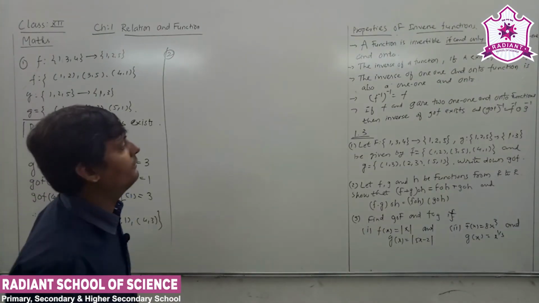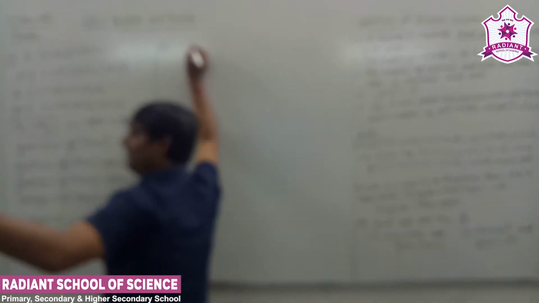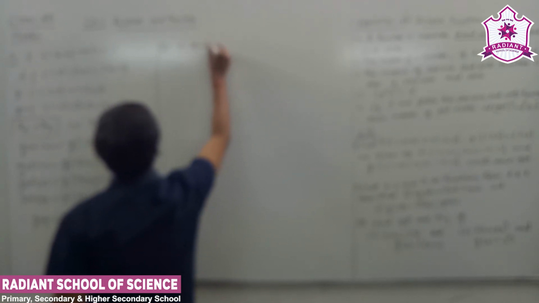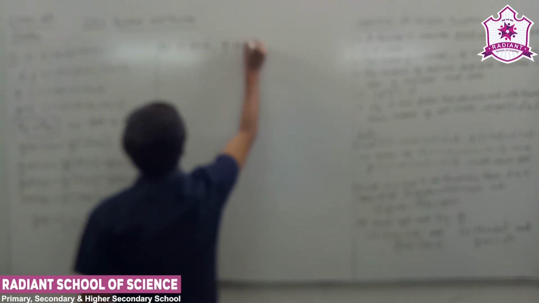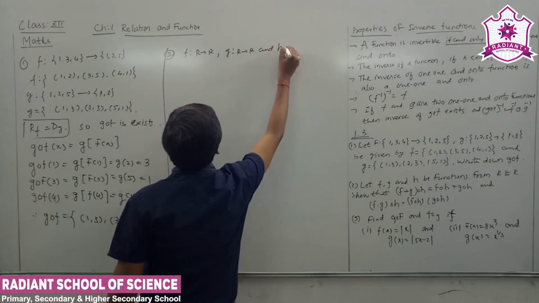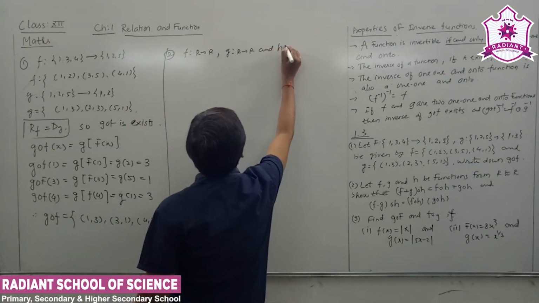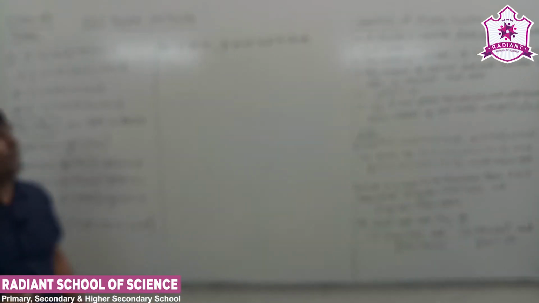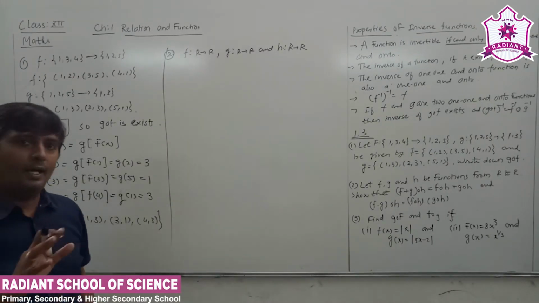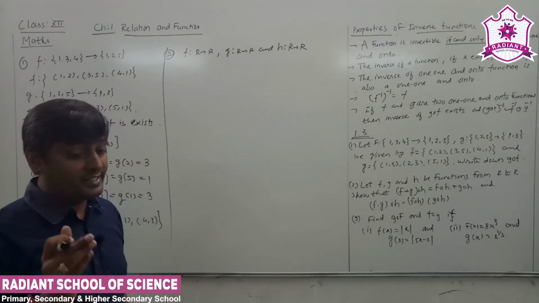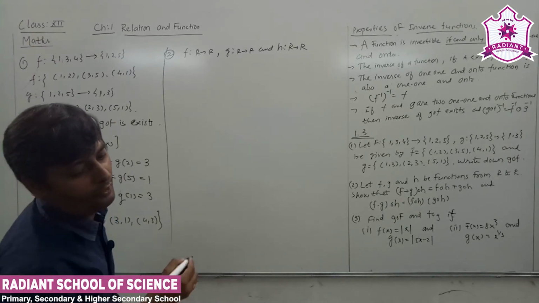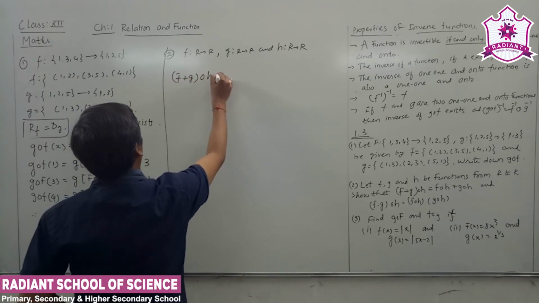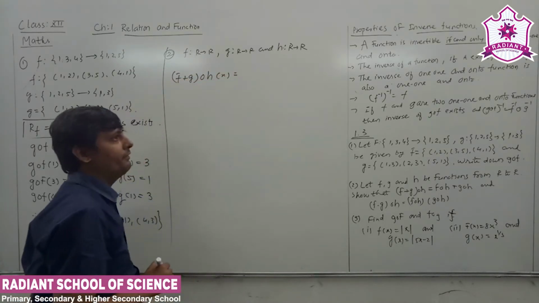First, चलो, function from, so here function f from R to R, g from R to R, and also the h from R to R. Understand? Okay. Is given that already. Okay, in sum. So f of, chalo, f plus g of h of x is equal to, normally given that,